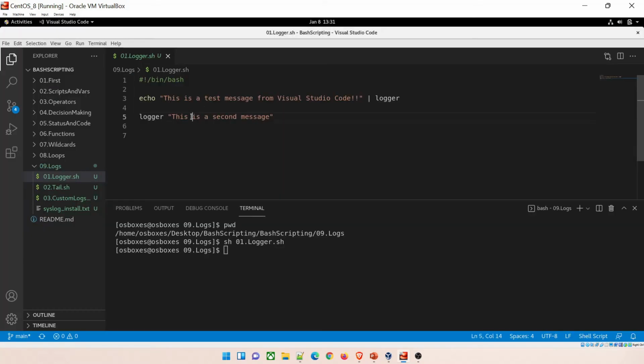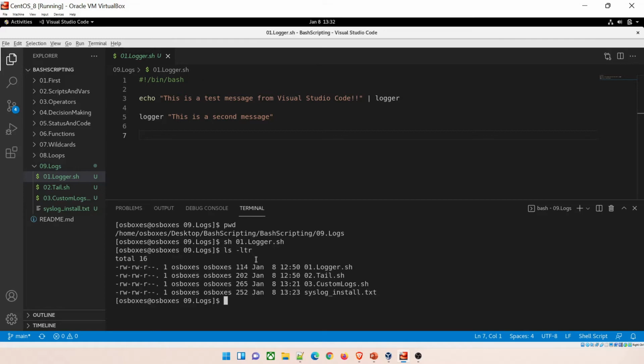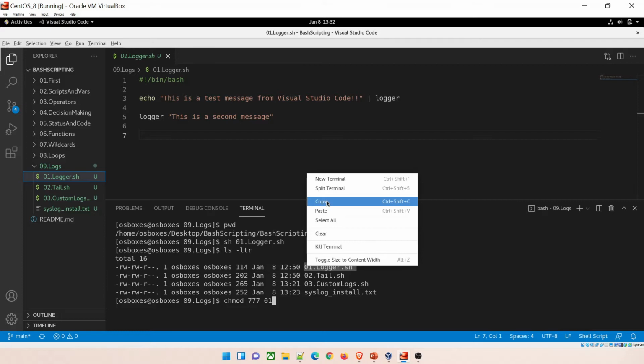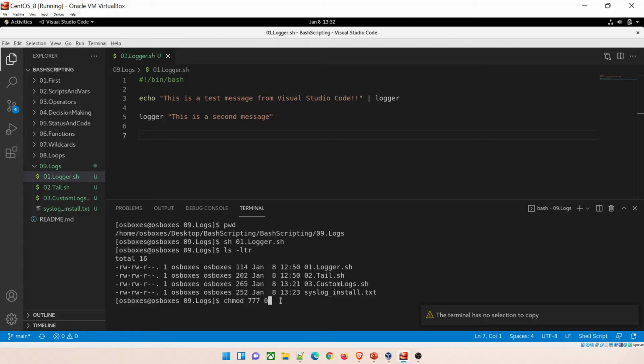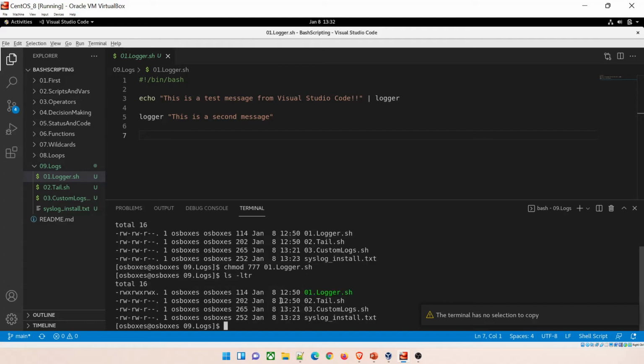Perfect. And you can see there are a lot of messages over here. Now what we did over here, we ran it, but it did not work. Why? Because let us check its permissions. If I do ls -ltr over here, you can see it does not have executable permissions. So what we'll do is chmod it. I'll give the highest permissions available, 01. Then I just have to copy this, paste it over here, and this file will have all the permissions. Let me just type it, logger.sh, hit enter, and now it has the execute permission.